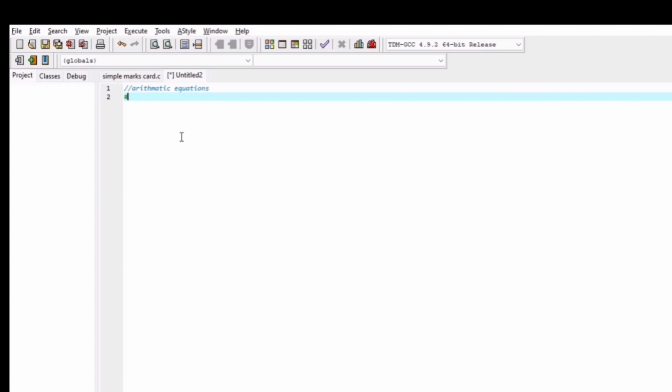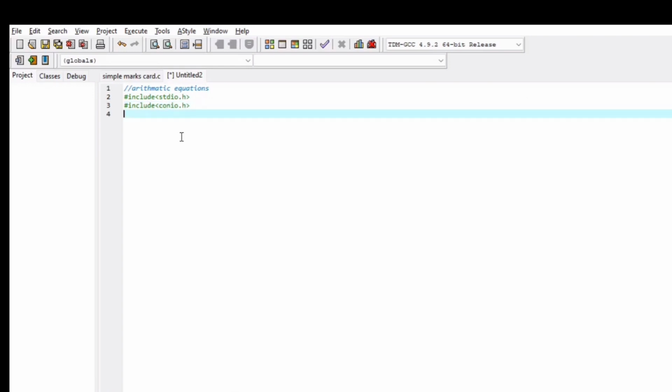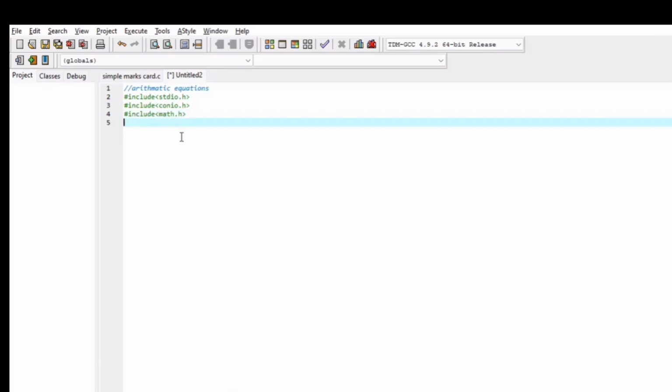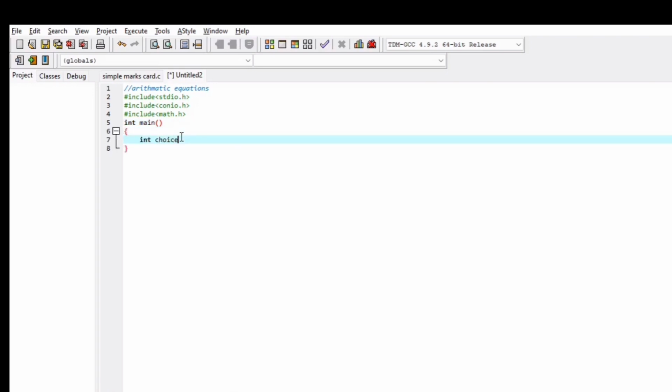So let's begin. As always, hash include stdio.h directive. As we know, it is a standard input-output library. Conio.h for the console input-output library, and math.h, since we are using arithmetic equations, we are using mathematical functions over here. Again, int main function as the entry point of a C program, curly brace open,